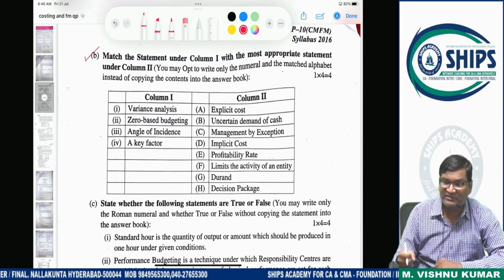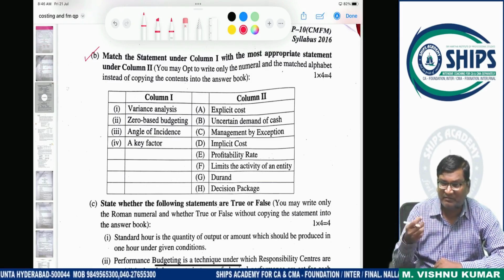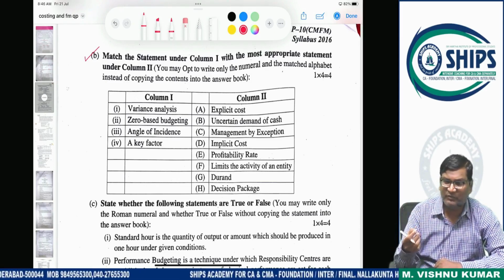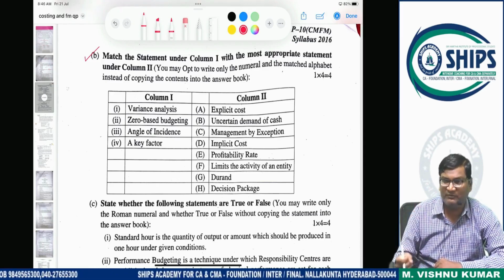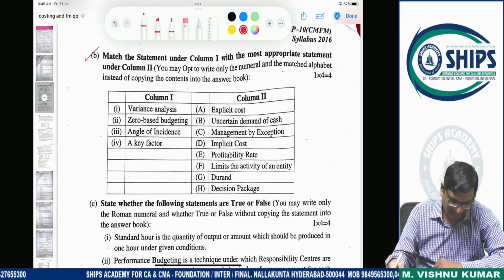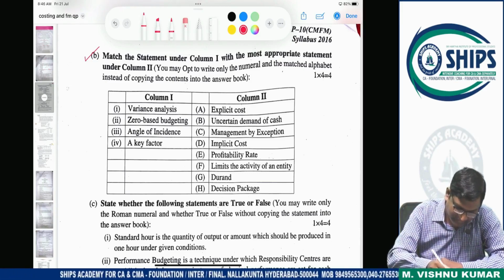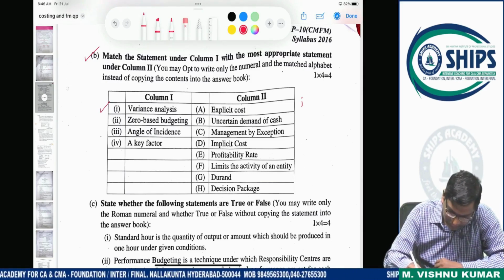Standards are generally not set by less qualified or less experienced people. So this is done by expert people. So here management is involved. So this is management by exception. I hope our students have clearly understood this and have chosen the correct answer. So the first correct match is